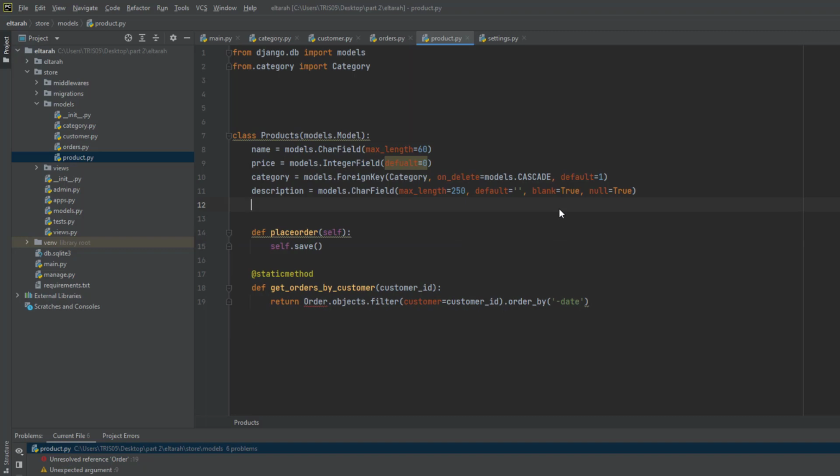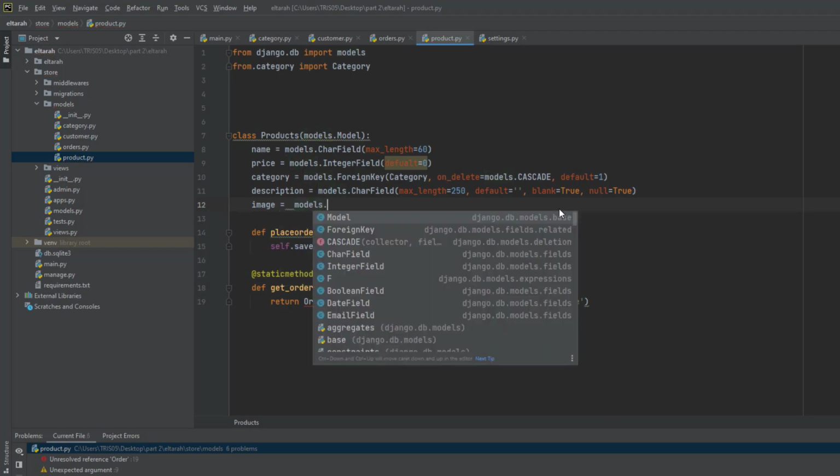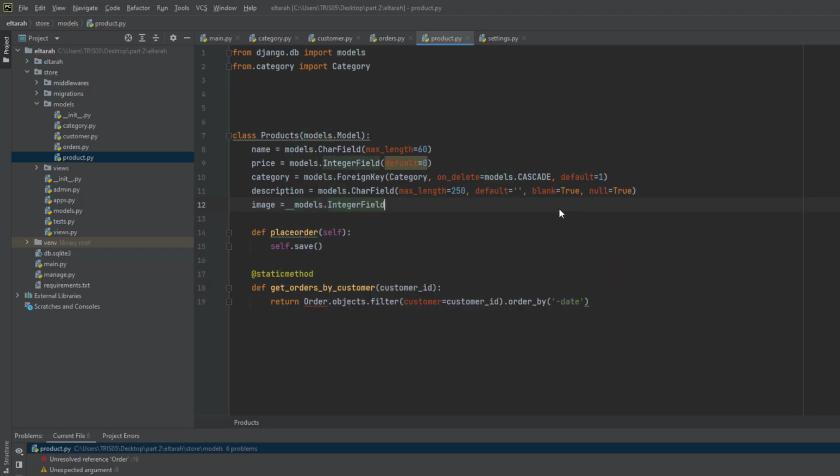Now take it off. Remember I told you that we're not going to create the upload folder? Yes, this coming line here is what we are going to use to create the upload and the product folder. So this is what I want us to do. Set your images where the image is going to go. We want it to be in models dot ImageField. We need ImageField. Good. ImageField, let's set it to upload